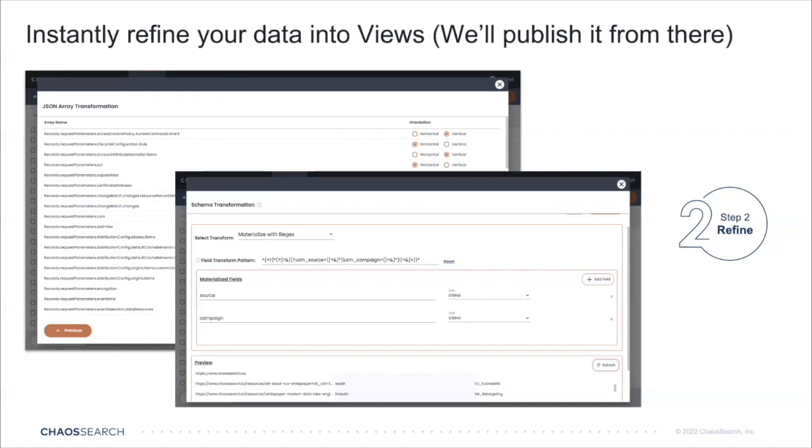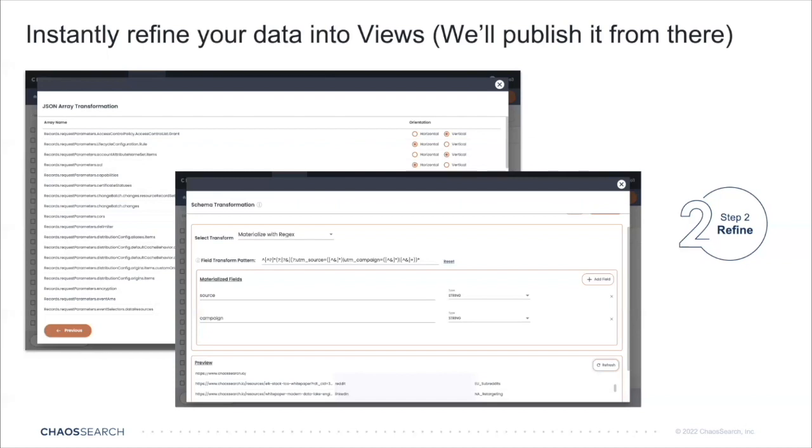So what you'll see here is a screen that is transforming a URL, actually one of our marketing campaign URLs, where we want to pull out campaign information as well as where it came from and make them attributes, source, where it came from, as well as the campaign associated with that particular marketing effort,